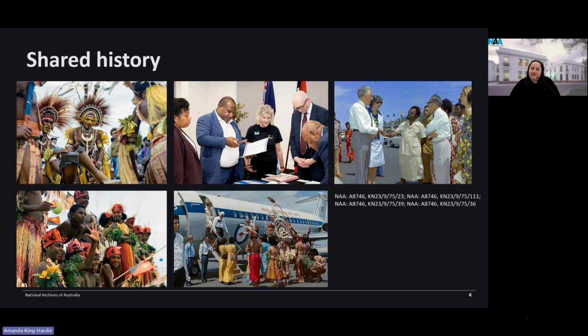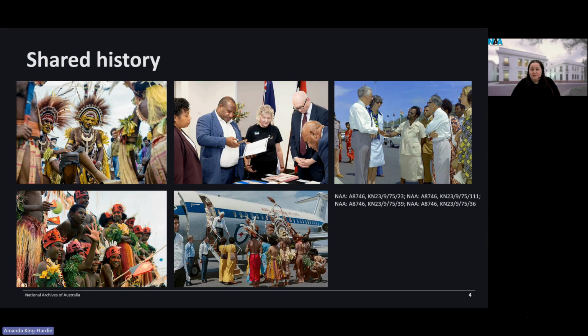Now, as mentioned, I work in our reference services team here at the NAA. My team assists members of the public to access records in our collection, often acting as the bridge between people and the records, helping them navigate our database or to locate records that may not have yet been described online. For those who aren't aware, the NAA is the archives of the Australian federal government. We collect the records created by federal government agencies, as well as manage, protect, store, and facilitate access to them for future generations. More than that, we serve as one of the nation's memory keepers, preserving archives which reveal the history of Australian government and its links to people and places, and preserving stories that illuminate the shared history and experiences of its people.